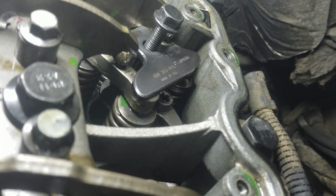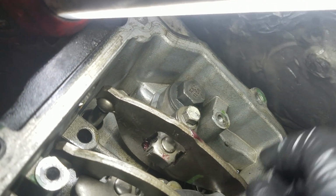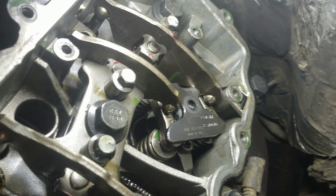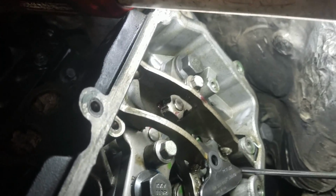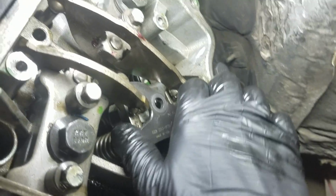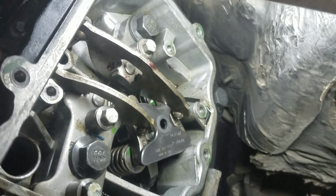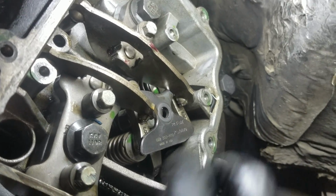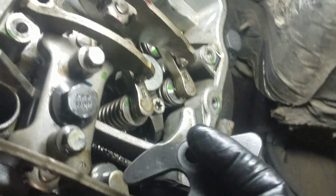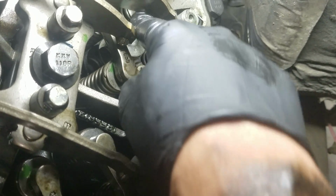Alright, so the rocker is on the bridge and the push rod. So that's good. Take this out. Sometimes these could be a bitch to get off. Let's see if I can find something to take this off. Come on. Let's see. There you go. Play with it a little bit. There. I polished this piece right here. Here's the tool number. I polished it right here because this is the only part that gets stuck underneath the